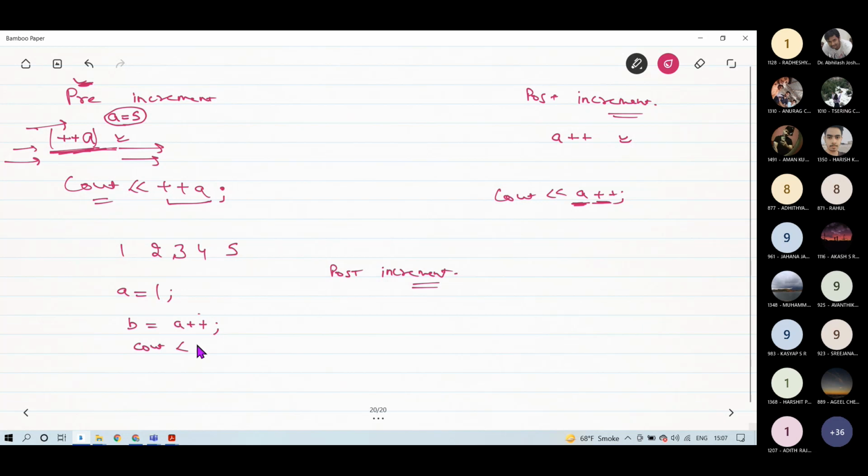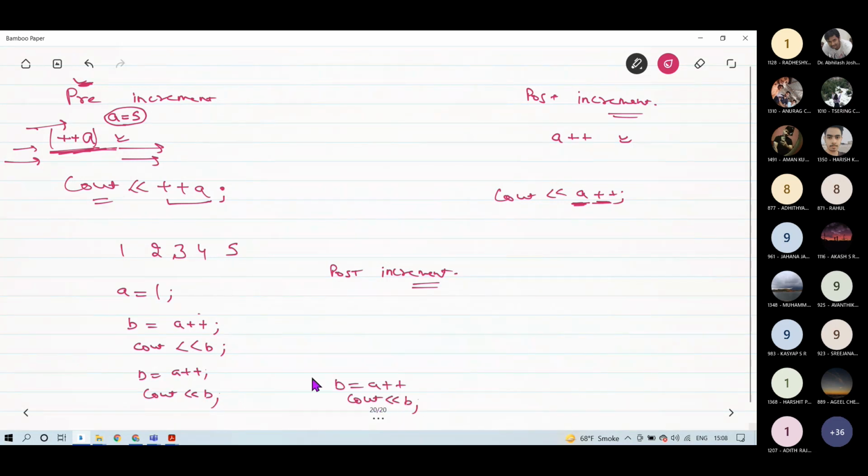I can Cout B. I can again write B is equal to A++. I can again Cout B. I can again write B is equal to A++. I can again write Cout B.